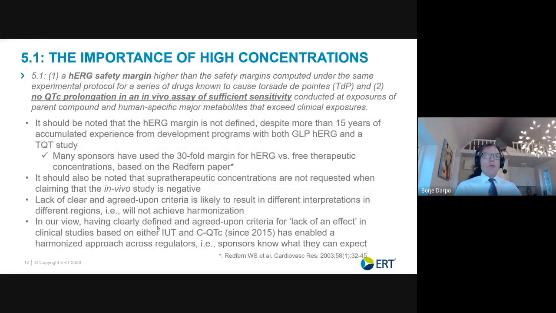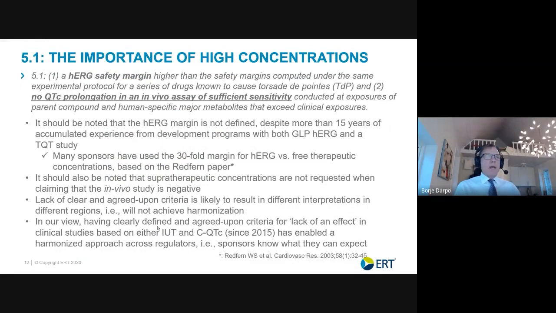I would also like to note that the requirements for non-clinical assays are not very clearly defined. I think it's somewhat surprising that even though we have more than 20 years of experience with hERG, GLP hERG assays and therapeutic studies, sponsors have not been able to agree on clearly defined criteria for claiming that a hERG assay is negative. Many sponsors still use the 30-fold margin, which is described in the Redfern paper, but this is now not taken into the E14 guidance, and Dr. Clymer will further